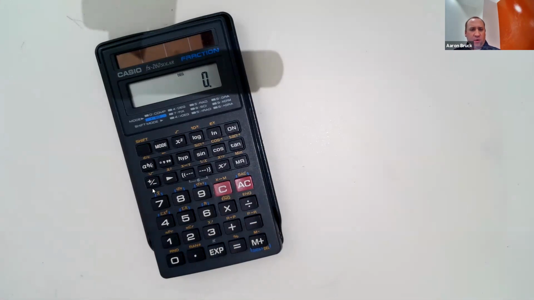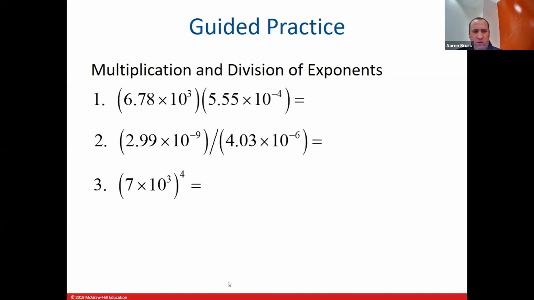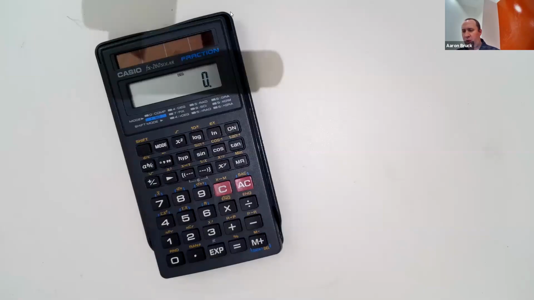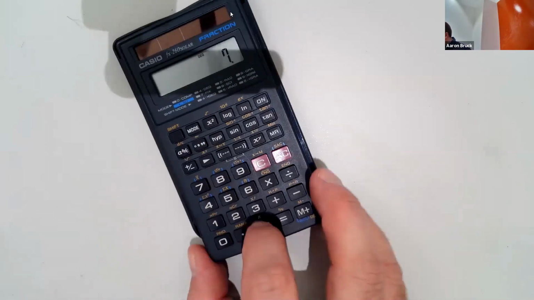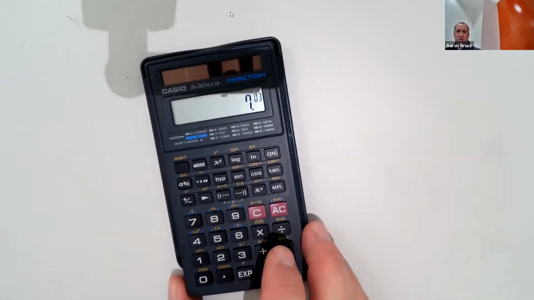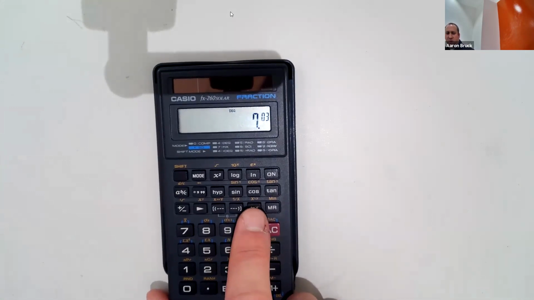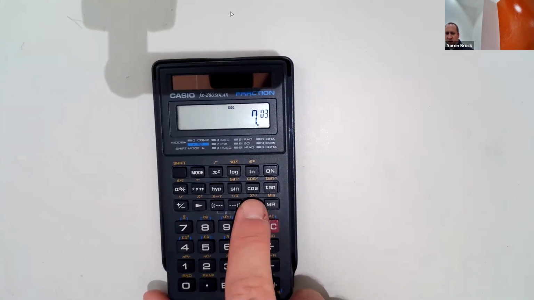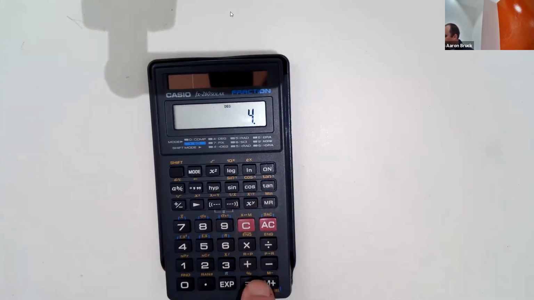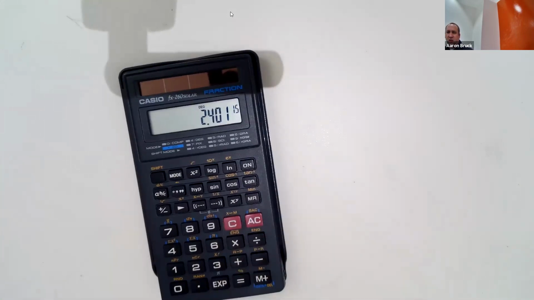So in number 3 here, we have 7 times 10 to the 3rd, to the 4th. So there's my scientific notation, 7 times 10 to the 3rd. Now I've got to go to the 4th power here. On my calculator, that's the exponential button, x^y. If I click on this and then put in my value 4, it'll give me the value that I seek,